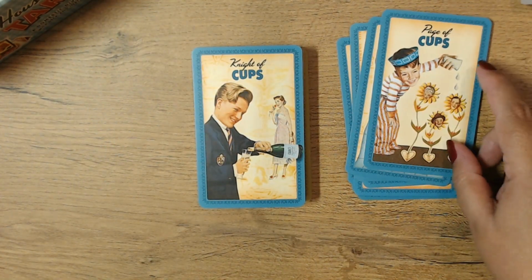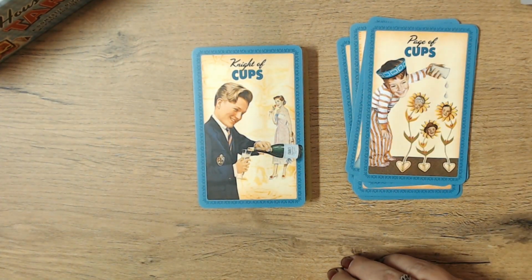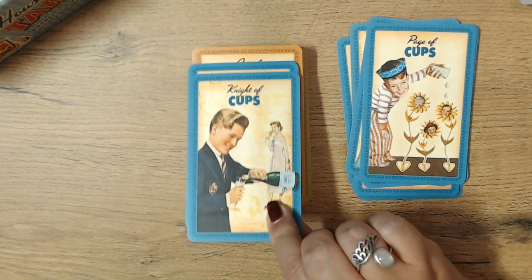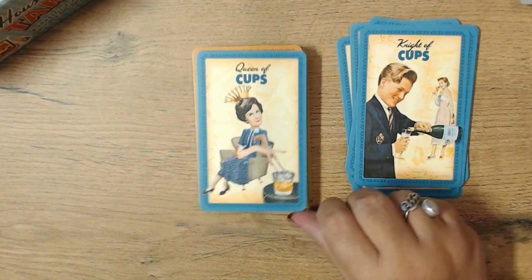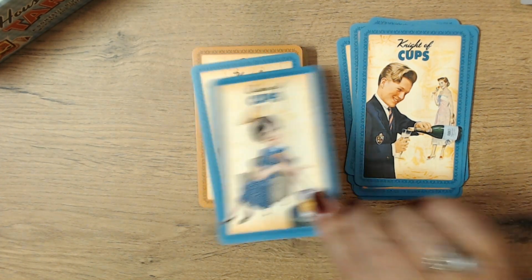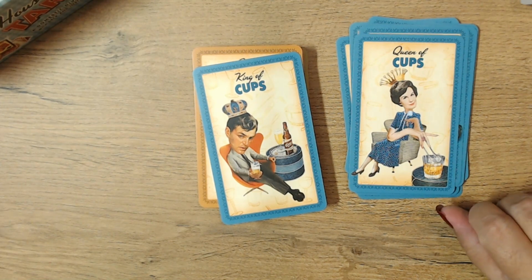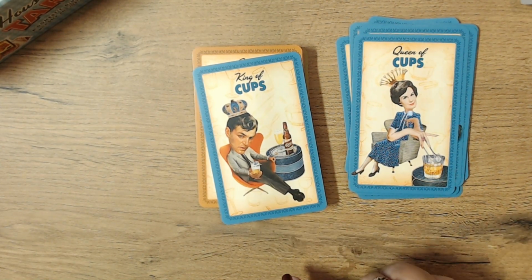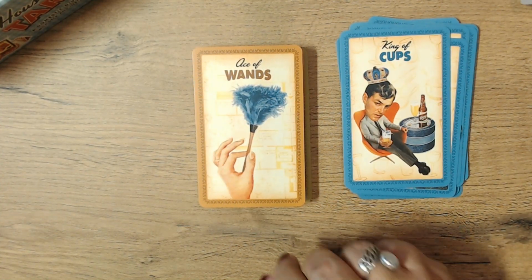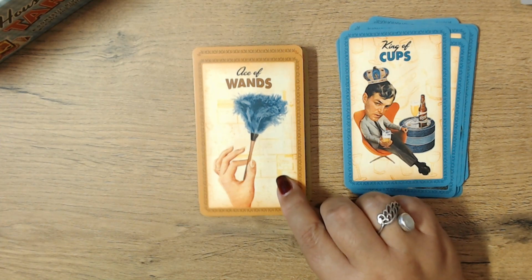Too cute. The Knight of Cups. He's a young man. He's in his suit. He's looking after the ladies. He's pouring the champagne for everybody. And the Queen. She's just adding another block of ice. And the King is mulling over life. I love the 70s chair and the tables. Absolutely gorgeous. Right, so now we go on to the Wands, and we have the Ace of Wands with the